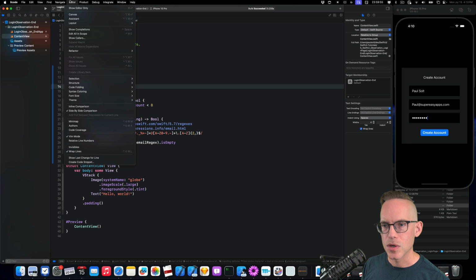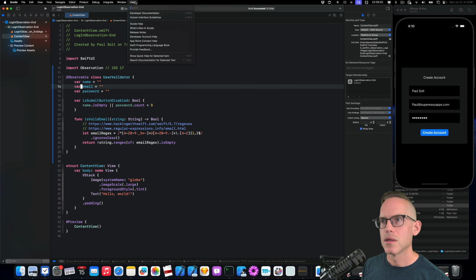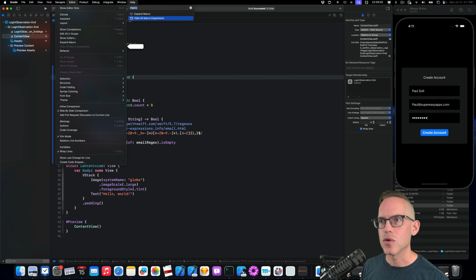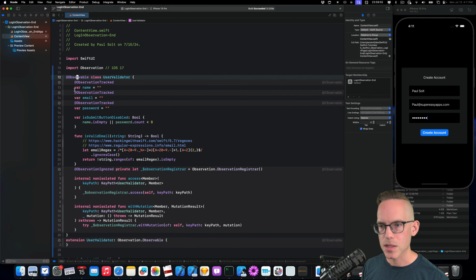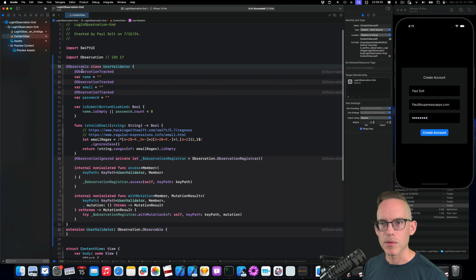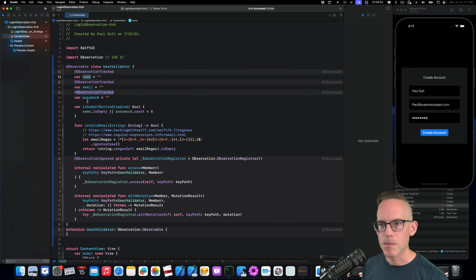Something I was thinking of showing. If I go into macro, expand macro. All right, so under editor, there is this option to expand macro if you select something. And what this will do is expand that macro that we've set up. So it's going to track the name automatically. It's going to track the email, password. So if you want to opt out of any of this tracking, you have to use the observation ignored keyword,